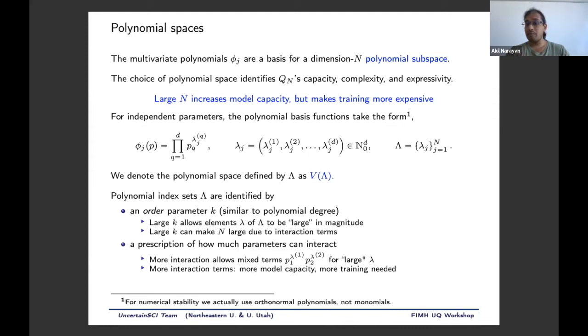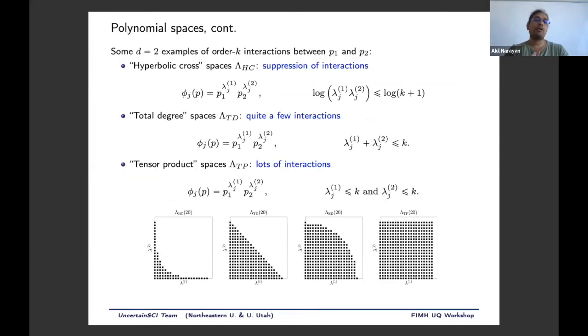The second thing that prescribes this index set is a measure of interaction. Okay, so that is how much can parameters interact with each other in my emulator model. Okay, and again, allowing more interactions sounds like a good idea, but this leads you into a position where you have to train more. And so, it would be nice if there's a way of suppressing interactions. Here are three common examples that we have in UncertainSCI that you'll see examples of